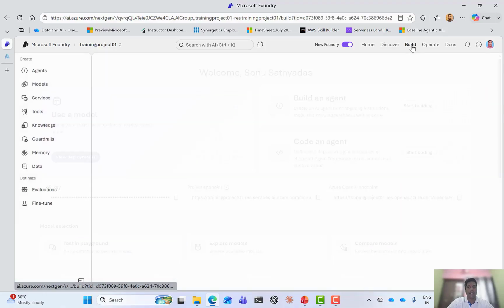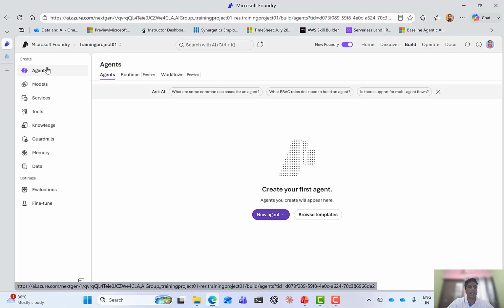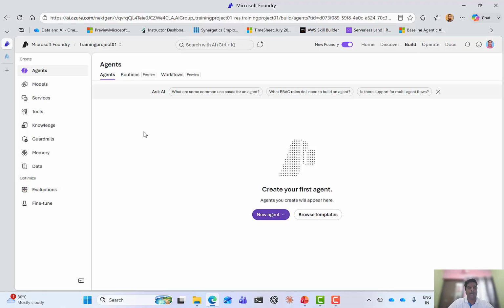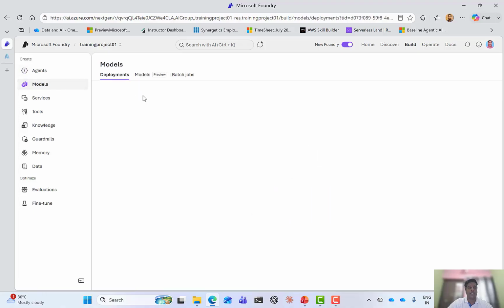Let's go to the build menu. In this build section, you can see what we can create and deploy in Foundry projects. We can have agents, models, services, tools, knowledge, guardrails, memory, and data. And for optimization, we have evaluations and fine tuning. Now, first, we can deploy some models inside your project. So let's go to the models section, and under deployments,